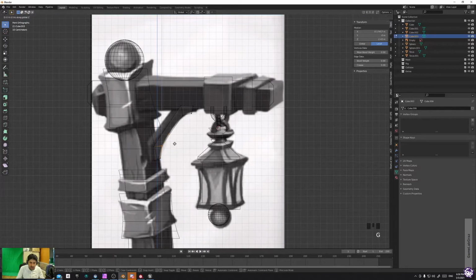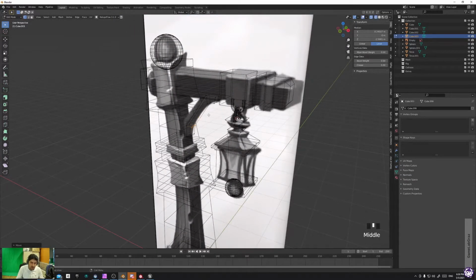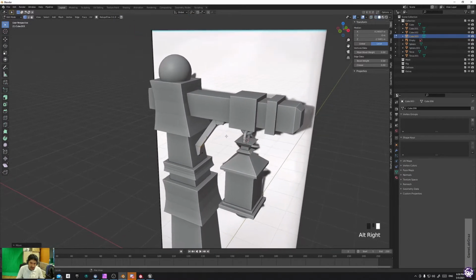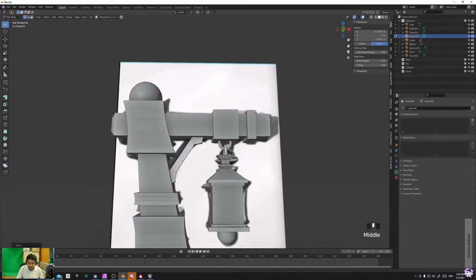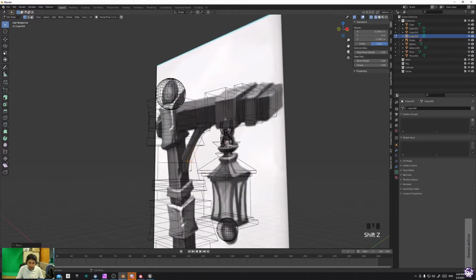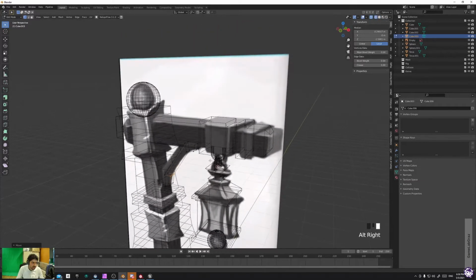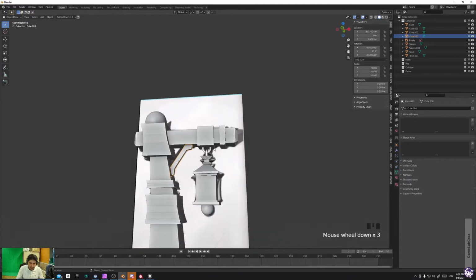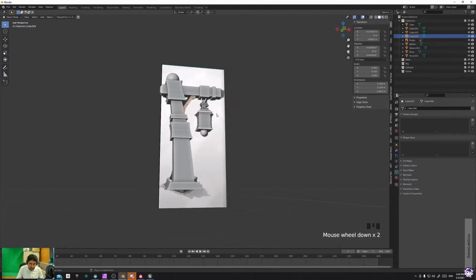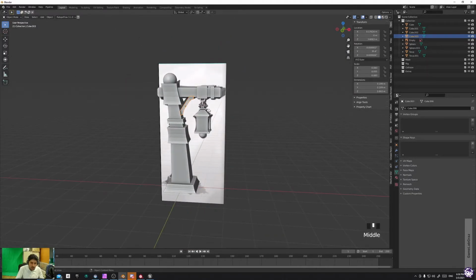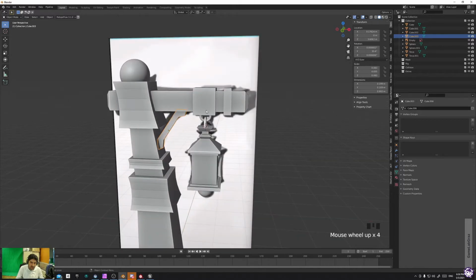You should always know that if you're working in the viewport shading or any rendering mode, if you select something, the vertex or the face behind it is not selected. In order to be able to select, either you should activate the X-ray mode or go to the wireframe mode to easily select the vertex behind it. Okay, now we have our main shape, and we can go for some small tweaks to make it